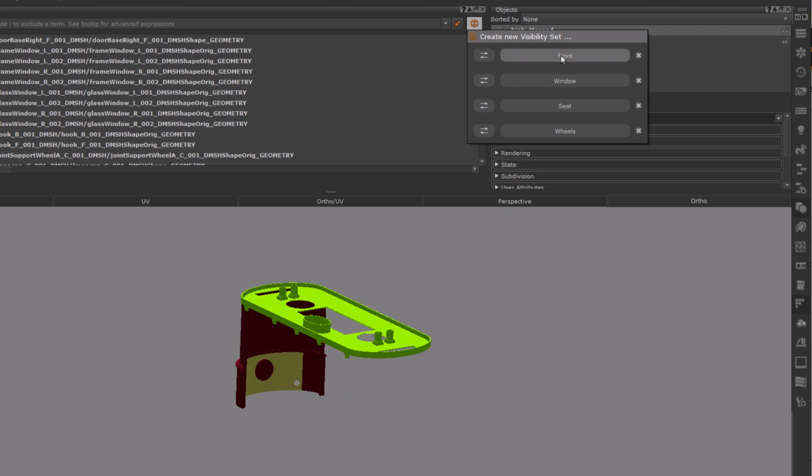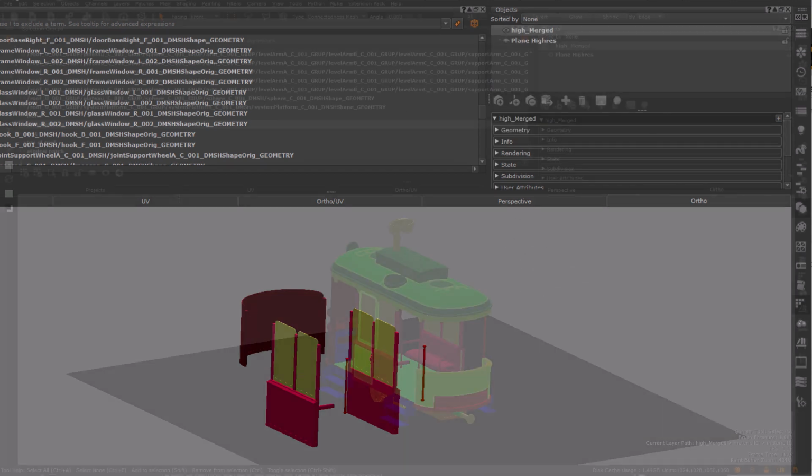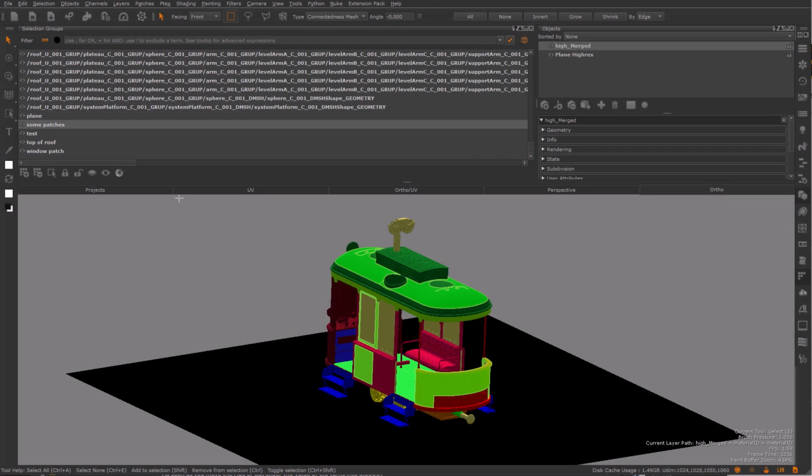Visibility sets allow you to store the individual visible and hidden states of all your selection groups, so you can easily toggle between, add them together, or subtract them from each other without having to re-enter searches in the text field. Before we deep dive into the various expressions and variables you can use to filter, let's cover some of